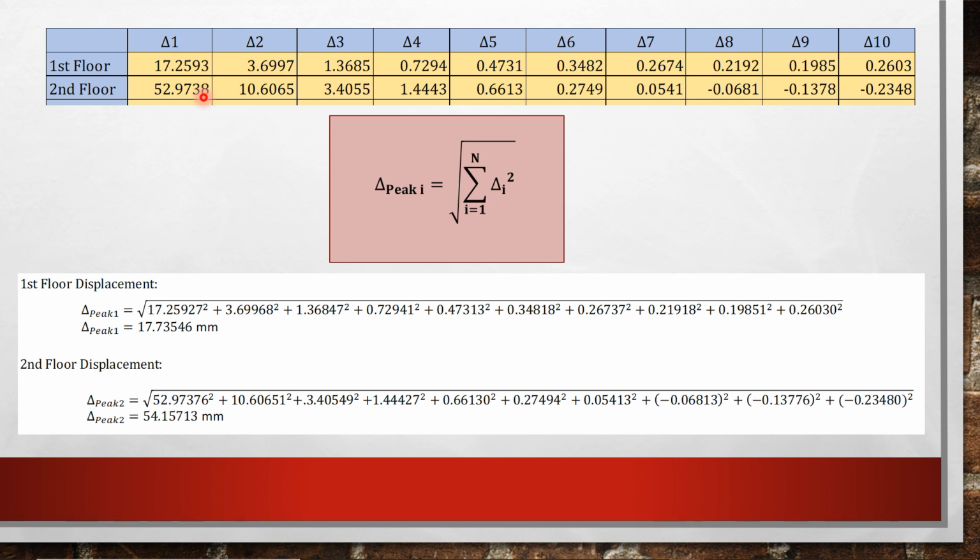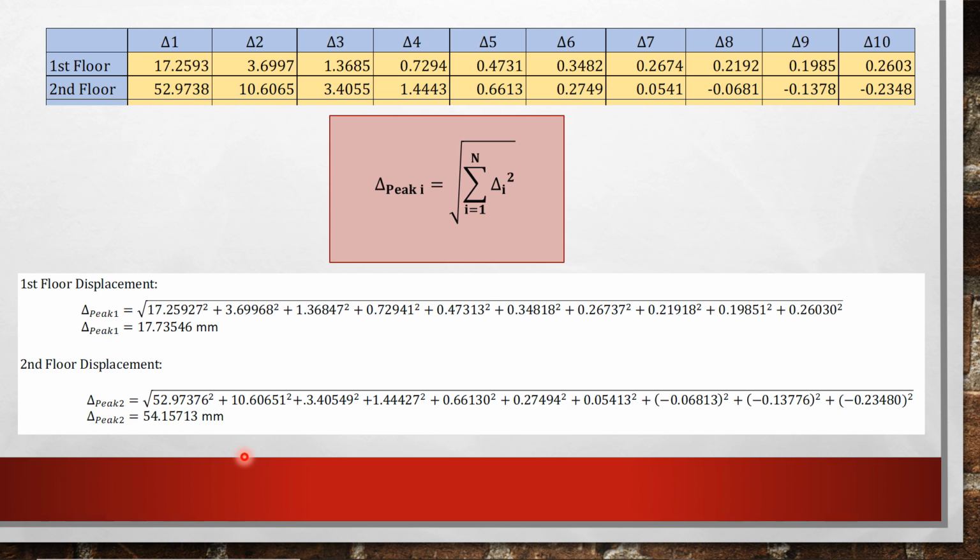So, ito. So, square root natin yan. The result will be delta peak 2 is equals to 54.15713 millimeter. So, hindi natin isusulat lahat, hindi natin papakita lahat, no? Kasi the same process naman, the same formula naman yan. So, kapag ginawa natin ito sa lahat ng floor,